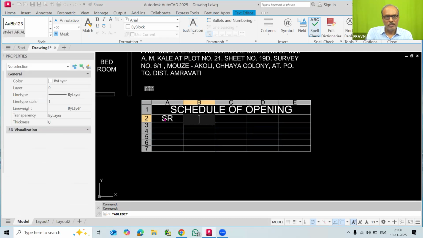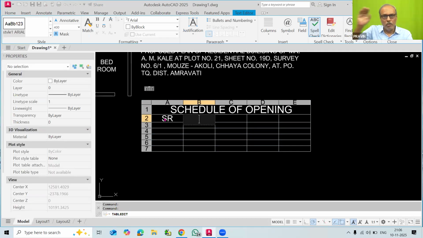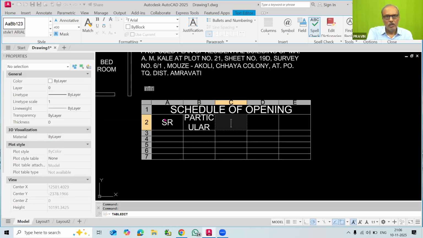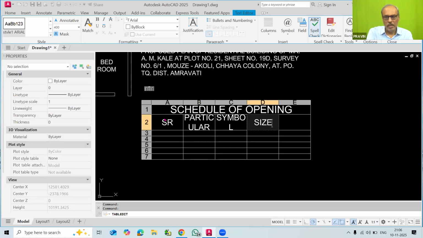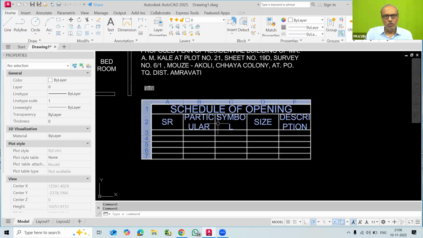Then you can go to the next column. So I can go to the next column by clicking the arrow button. So you have to click on next, next, next. So this is particular, then next arrow. So here symbol, and here size and description. Now you can just click outside the table. Now you have to adjust the width of this table as per our requirement.